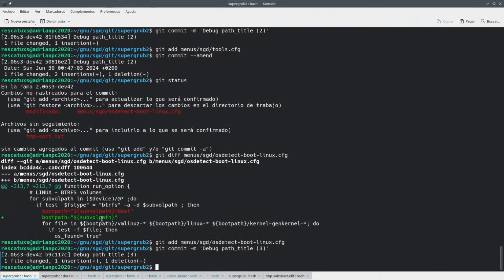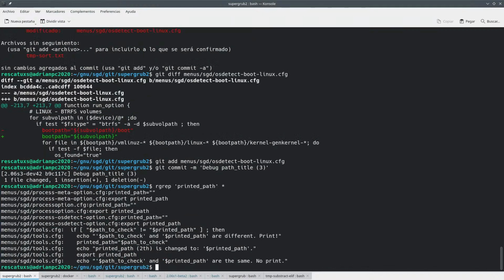Let's take a look and see where printed path is. So printed path, it's only changed here. That's the only place where I want to change this, and then we export it. I mean, it's also changed here in process option, but otherwise,